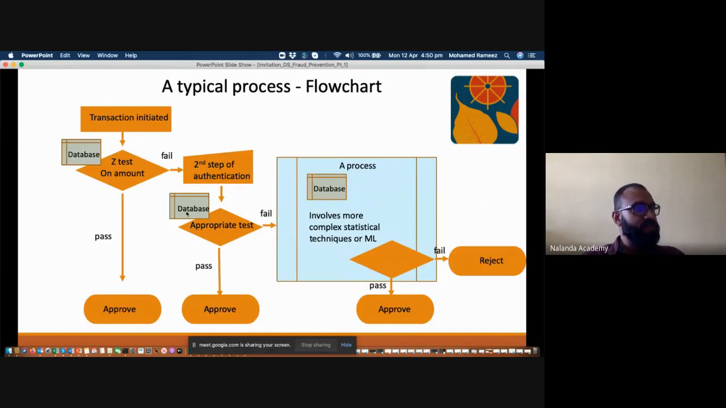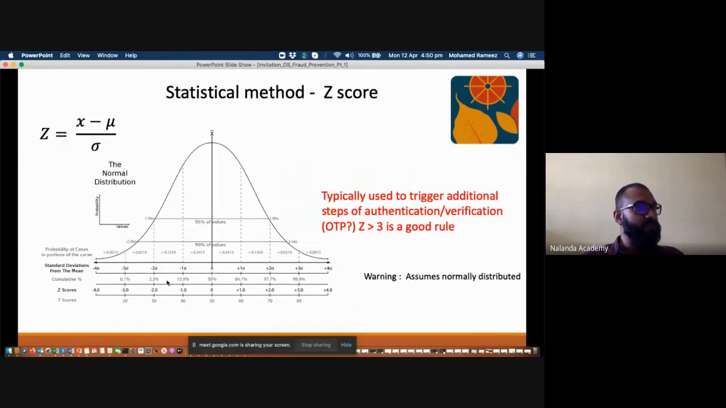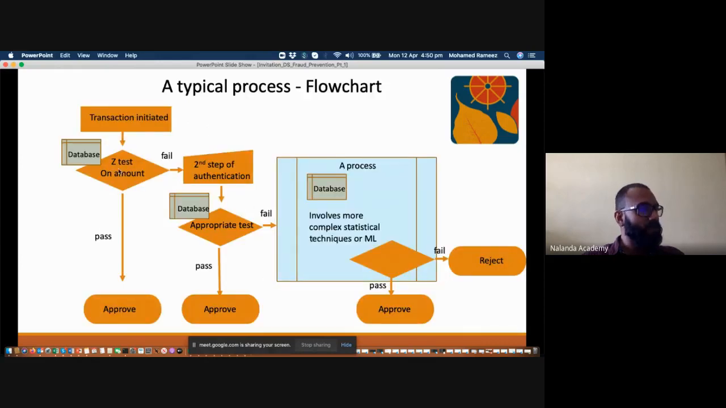So if the z test is less than 3 or greater than -3, which means it falls in the central region where you think it is typical behavior, it will automatically approve the transaction and it is over. But on the other hand, if the z test fails, it will send you to a second step of authentication